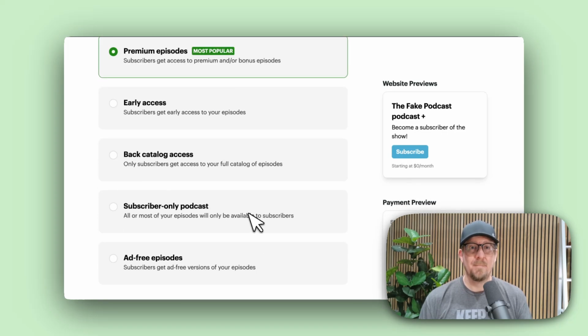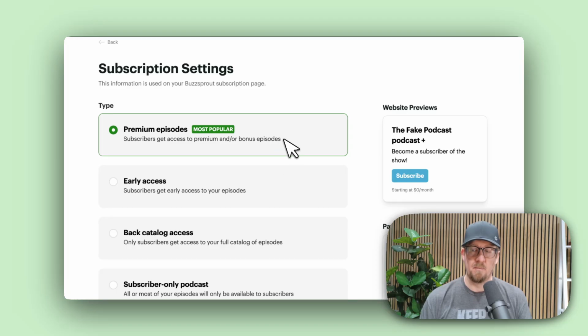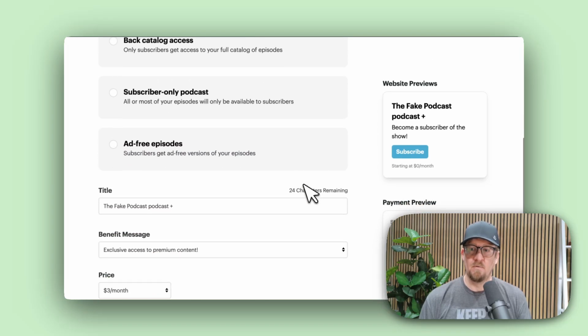Subscriber-only episodes means that most or all of your episodes will be just for your subscribers. And then ad-free episodes. If you normally have ads in your RSS feed, this ad-free version could be enticing for your subscribers. Once you select your option, I'm going to stick with premium episodes, then you can move on to